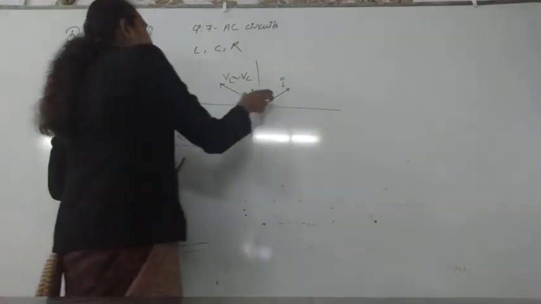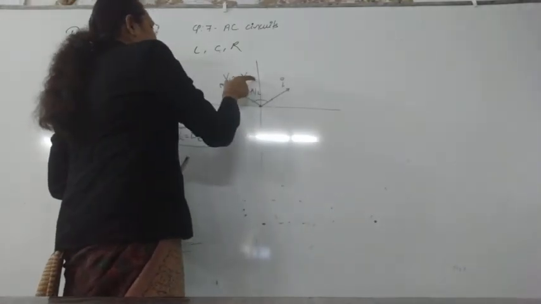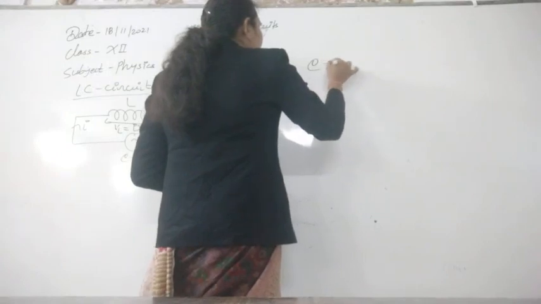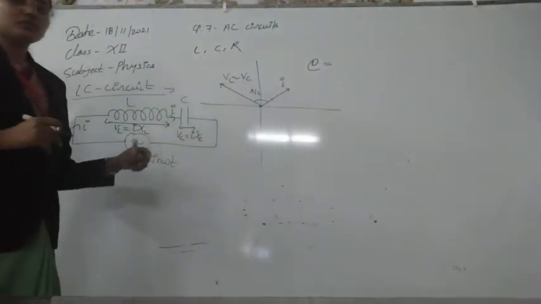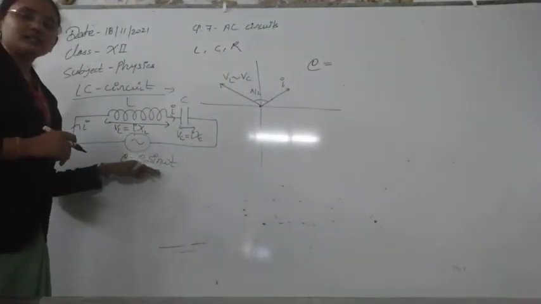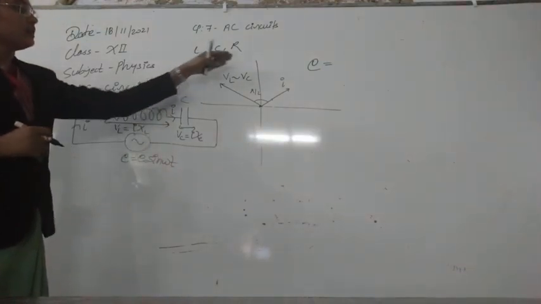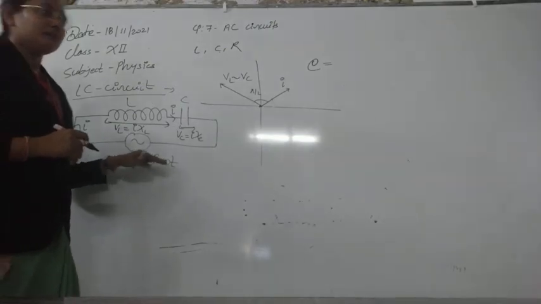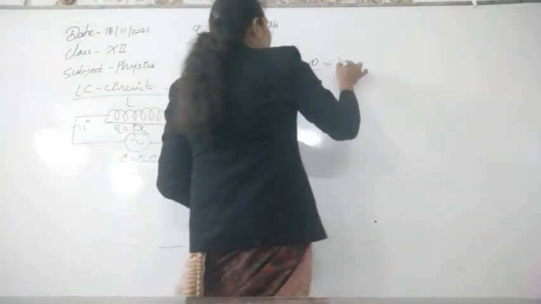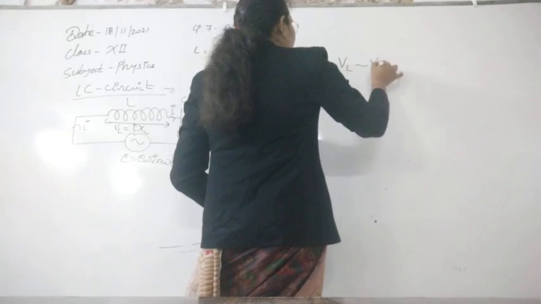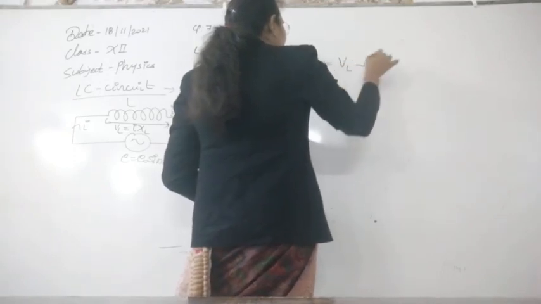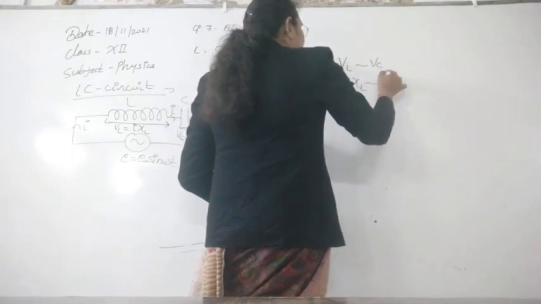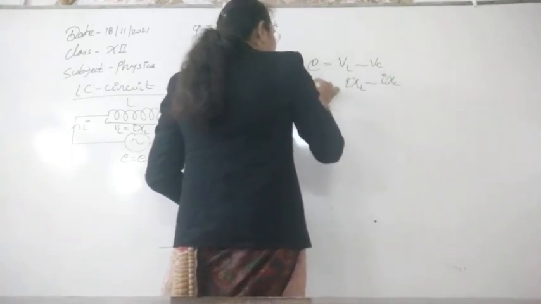Now as we can see, finally the net potential is equal to VL minus VC, and this net or resultant is also equal to the energy supplied to the circuit. So this is the net potential used in the circuit, that should be the potential supplied to the circuit. So E will be equal to the difference of VL and VC, or we can write the value of VL as I into chi L, the value of VC as I into chi C, and this is E.